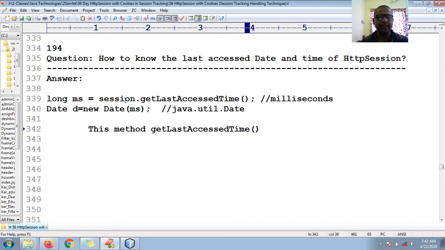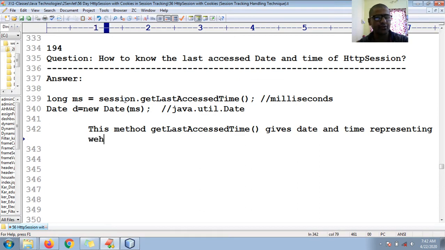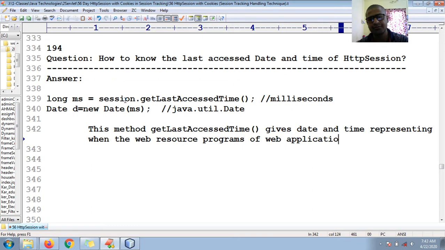Okay, fine. So this method getLastAccessedTime gives date and time representing when the web process programs of the web application lastly accessed this session object.